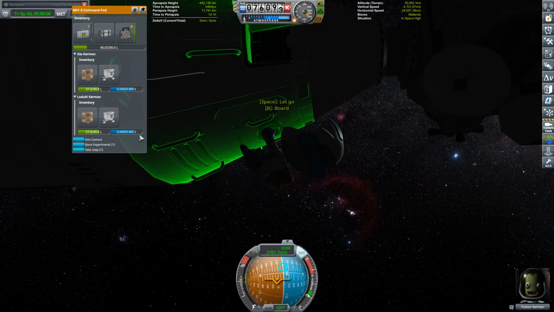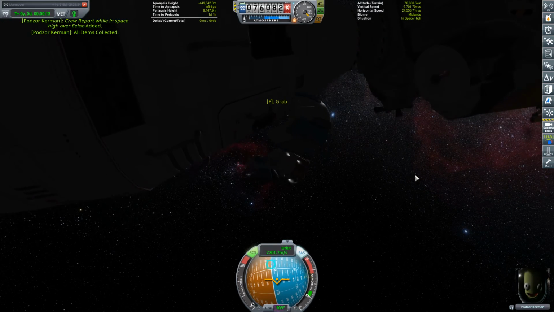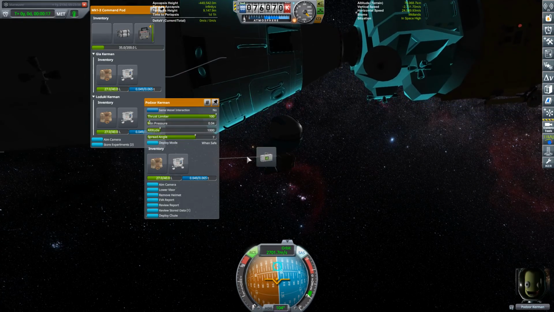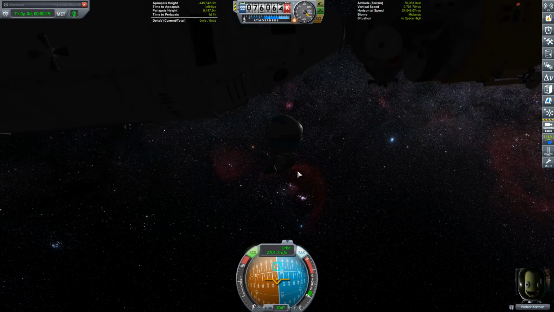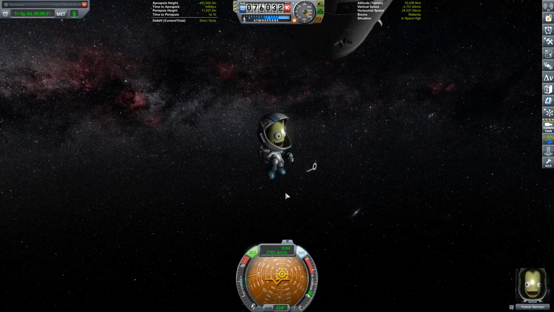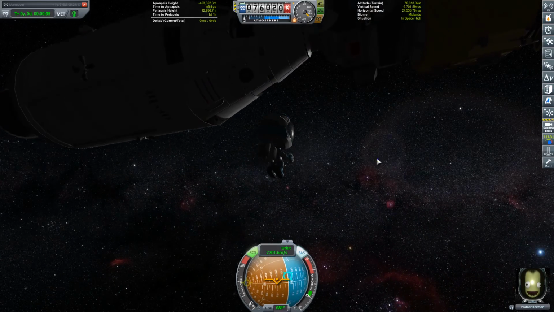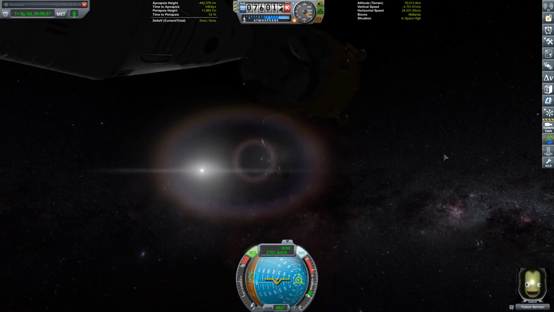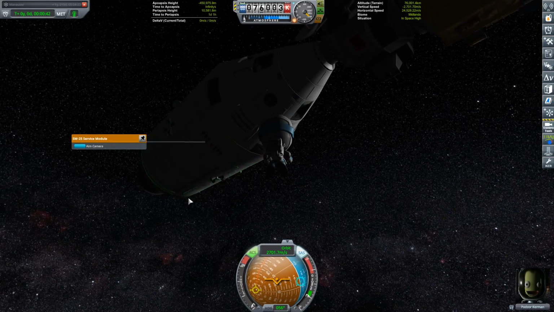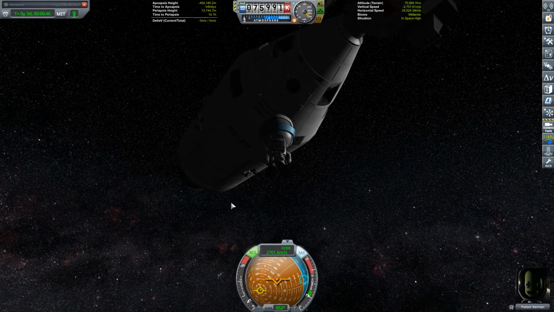Okay, and we'll go ahead and take all the experiments. And we're going to go and grab more experiments from over here. We can even run this experiment. Do the wing nut in space. Nice. Okay, that's the same exact thing as usual. Wait, we actually have some science inside here. Hold on, if I could